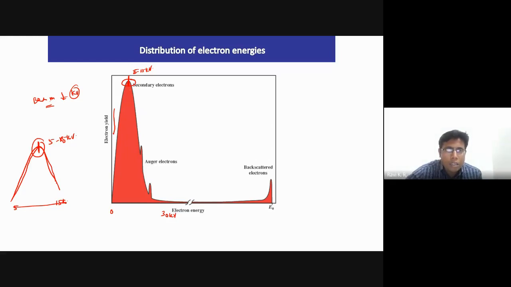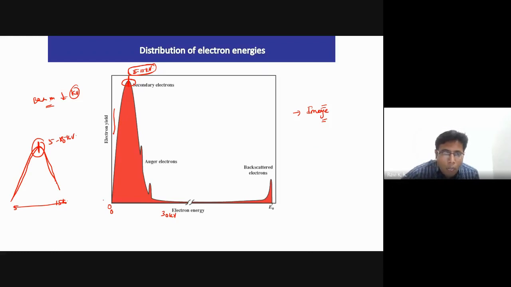So now, this secondary electron that we generate is going to have an energy spread, which is going to increase from 0 to a peak somewhere around 5 to 15 kV, and then it will decrease. Why this increase and decrease, we will discuss a little bit more with the image part, when we discuss how the image resolution changes. Now let me discuss this point, then it will be better.